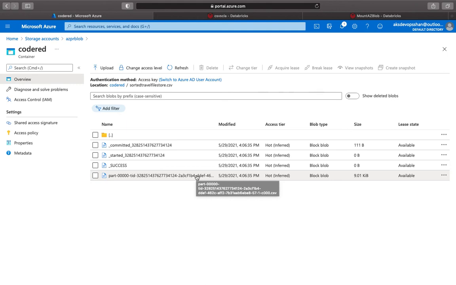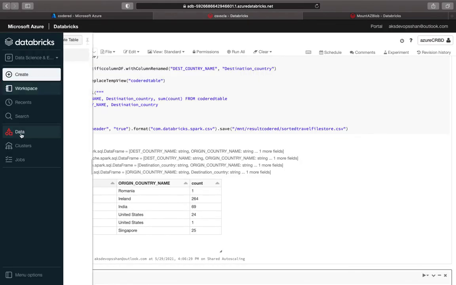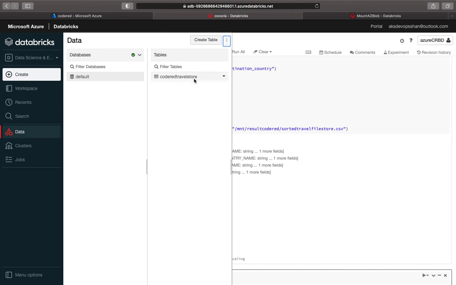So this is how easy it is to get started with your FileStore. You could just use the file and start utilizing it as one of the file stores to read and write